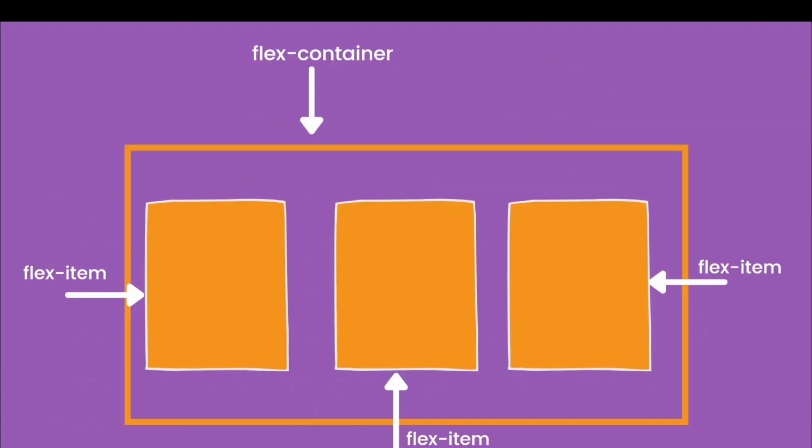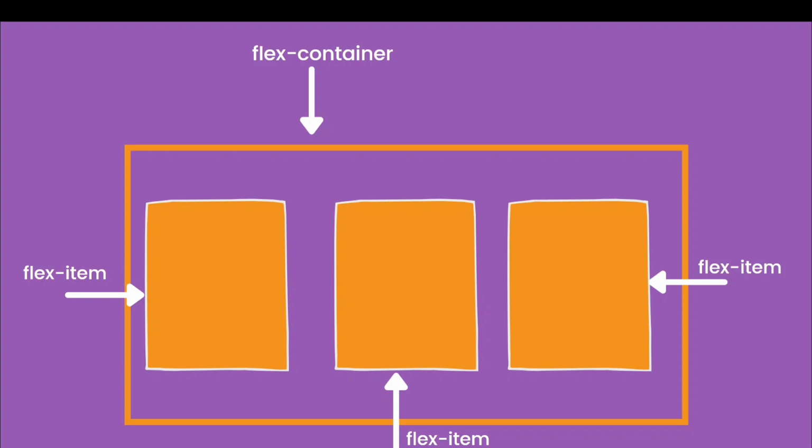Okay, now what is a Flex container? The box that you are seeing right now, I've marked it with an arrow. The box that you see is called the Flex container or parent, and the items that we have inside it can be any number of items. For example, I've shown 3 items. Those are the children of the Flex container, so they are called Flex items. So these are the two parts into which Flexbox is divided: the parent container, the Flex container, and the children, the Flex items. You have to keep that in mind.